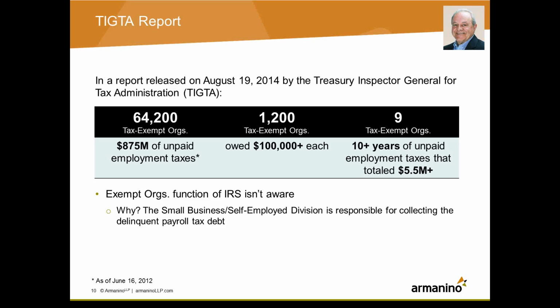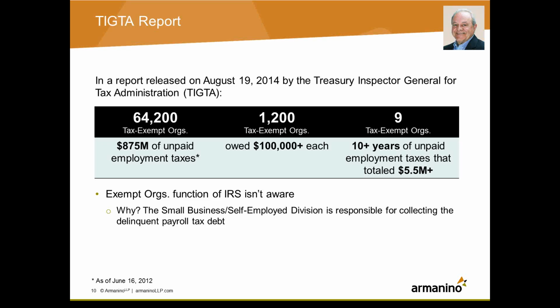You can see the numbers are rather staggering, over 64,000 tax-exempt organizations with almost $900 million of unpaid employment taxes. Now, these are statistics based on records as of mid-June 2012, so they're clearly 3 years old,